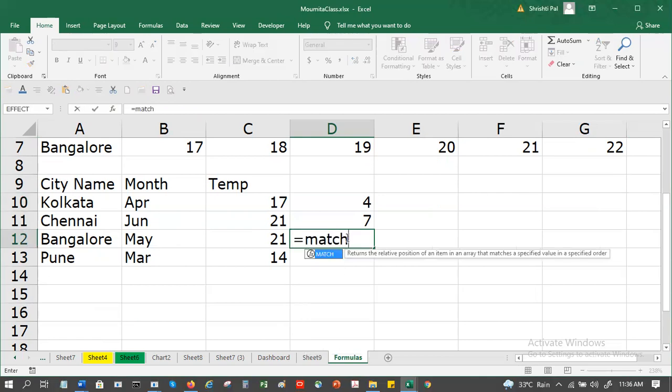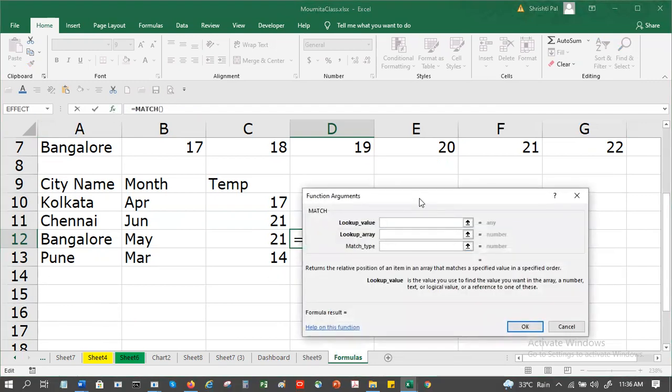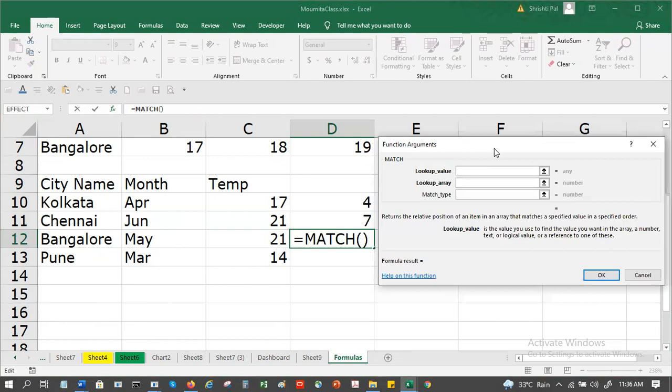Once you get this, then go to the function and do it step by step. I would rather get it right than mess it up. And everything is explained over here. Lookup value is the value.